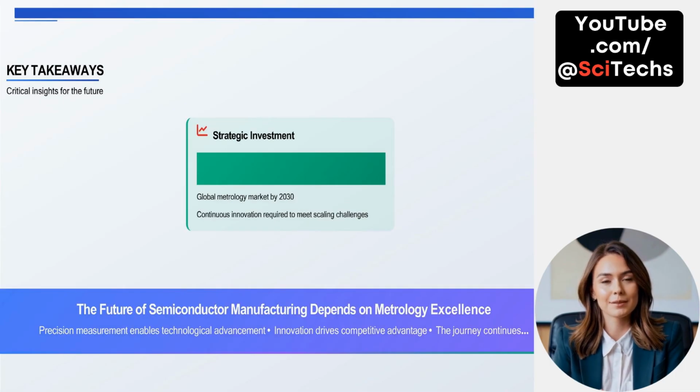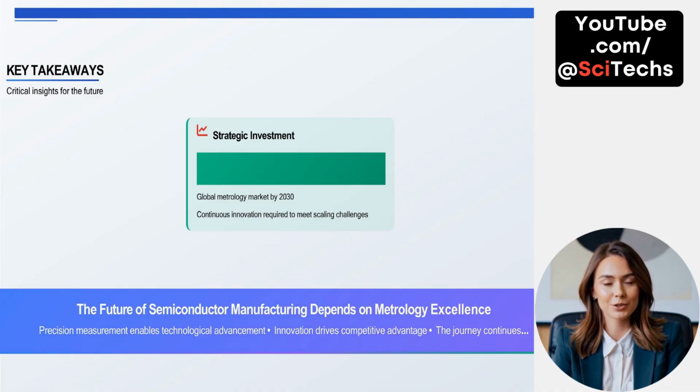Strategic investment. The future of semiconductor metrology hinges on strategic investment. As we approach 2030, the global metrology market is projected to experience significant growth, driven by increasingly complex process demands. With continued node scaling and the emergence of new device architectures, sustaining innovation is not optional. It is essential. The ability to measure, monitor, and optimize at atomic and quantum scales requires constant advancement in tools,